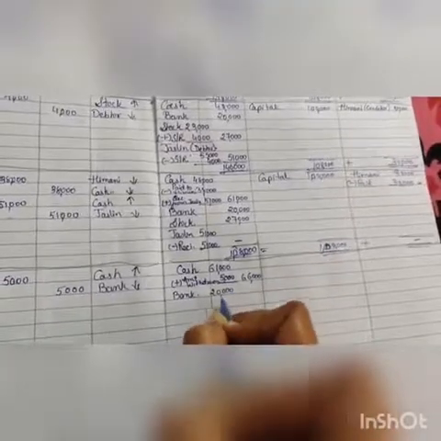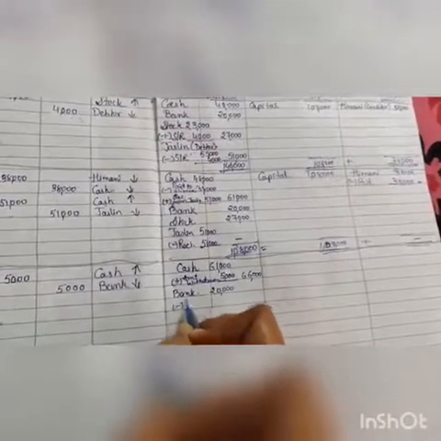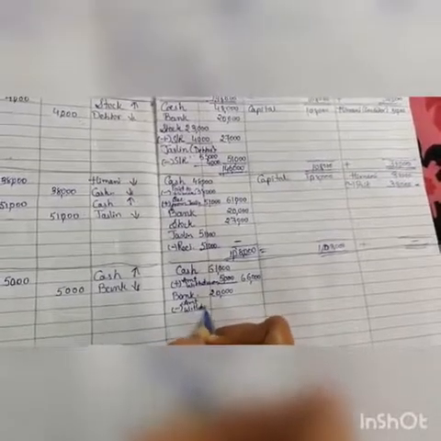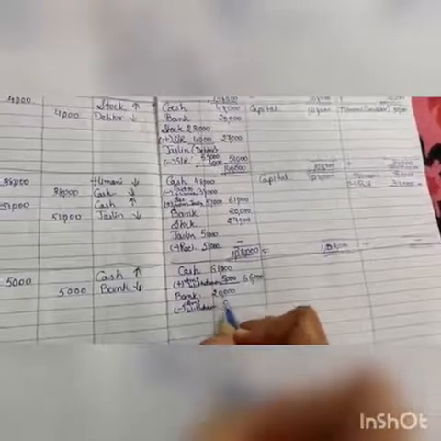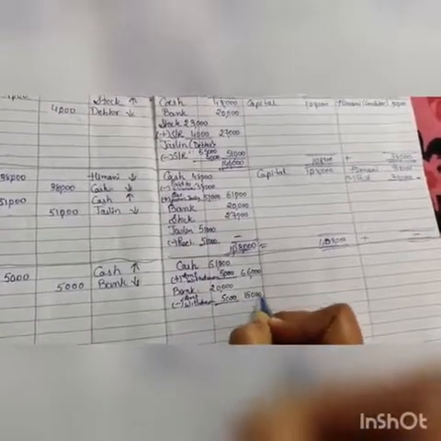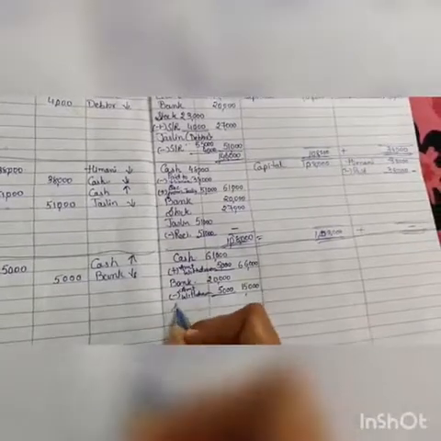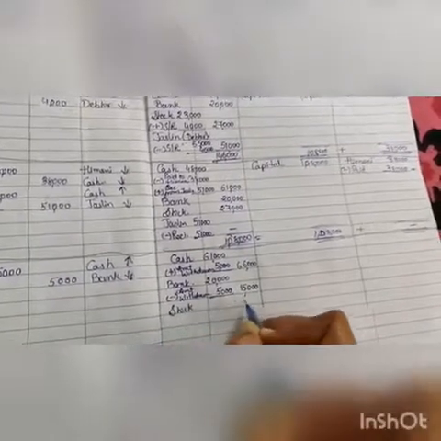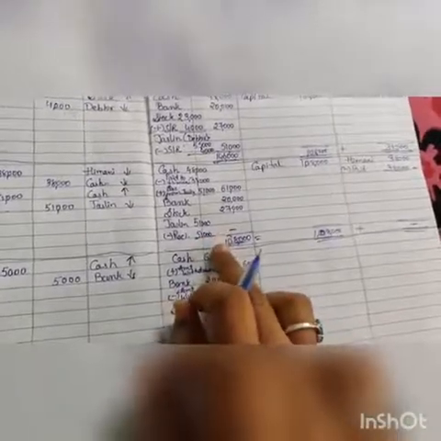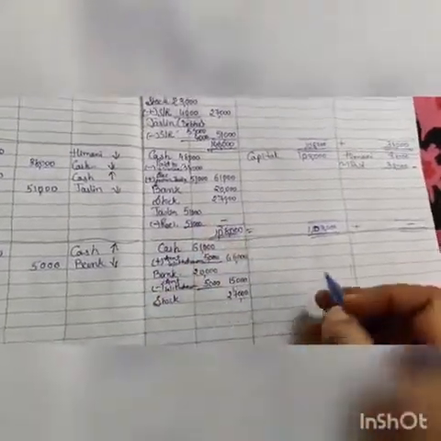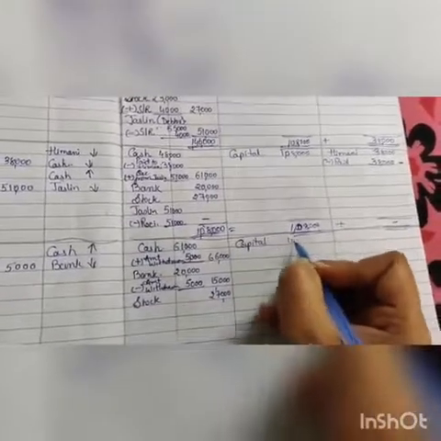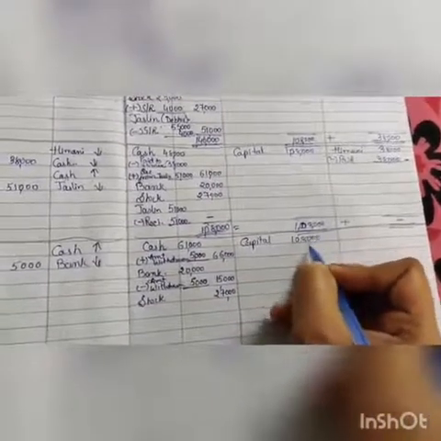Then bank is how much? 20,000. Now amount is given from bank, okay, so amount withdrawn, that is 5,000. So now in bank how much amount is there? 15,000. Then stock 27,000, and now Jasleen is no more as a debtor, as here it is dash, so no need to write down. Now here capital is 1,08,000.